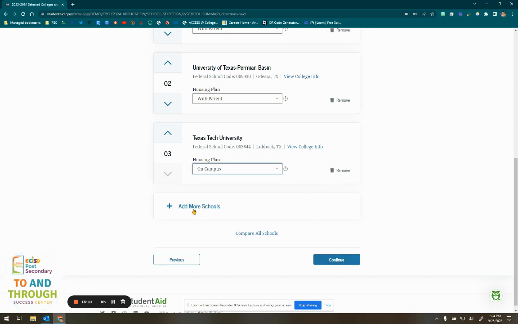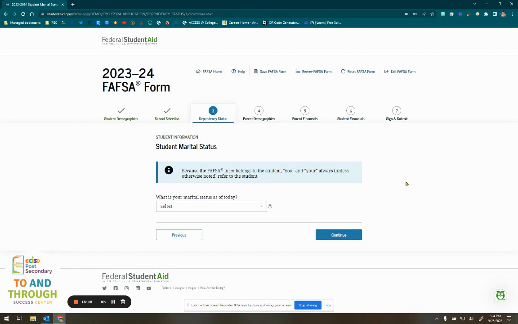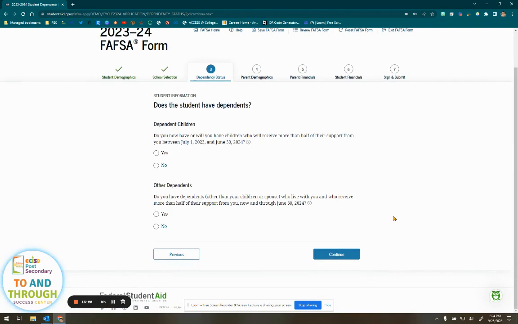And then again, if you change your mind and you want to add more schools, you can do that, or you can click continue. From here, this is asking your marital status, and by that they mean, are you single, married, separated, or divorced? Most of you will select single. Then you must answer if you have any dependents. So this is any children that you have or will have